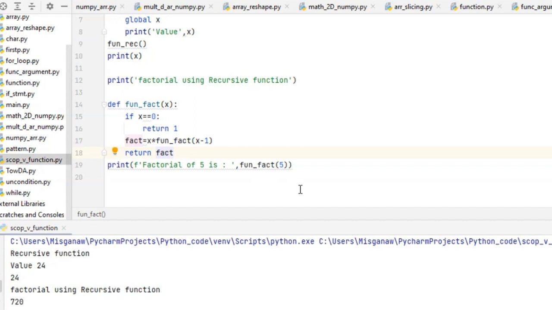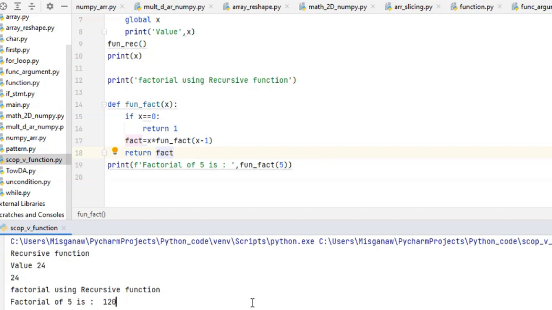Here it is. Let me check. You see, the factorial of 5 is 120. You can check manually.